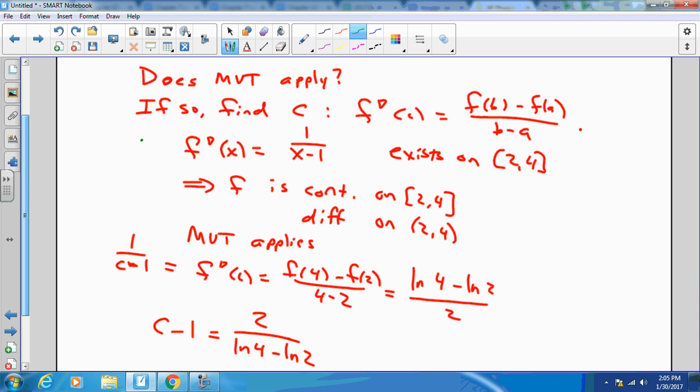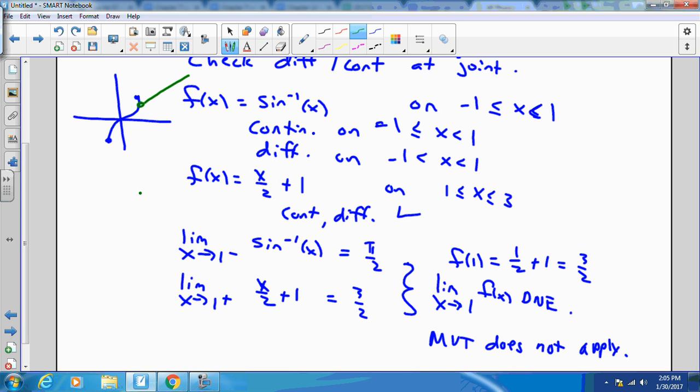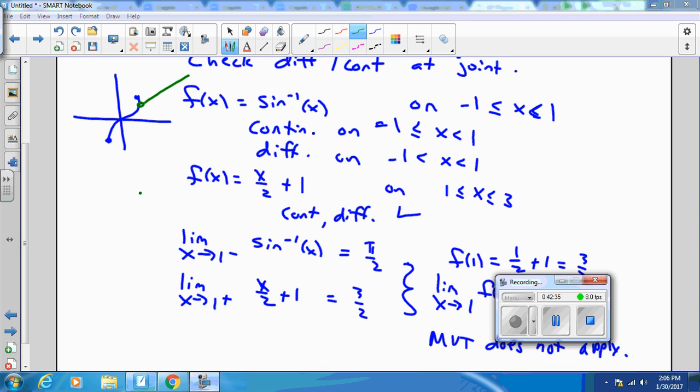So if finding the derivative first is easy, do that. And if checking continuity first is easier, do that. In the case of our second function, finding the derivative at 1 would have required a lot of work. We would have had to set up two different difference quotients and take the limits. Does that make sense to everybody? So do the easy thing first. I will see you guys tomorrow, and we will use the mean